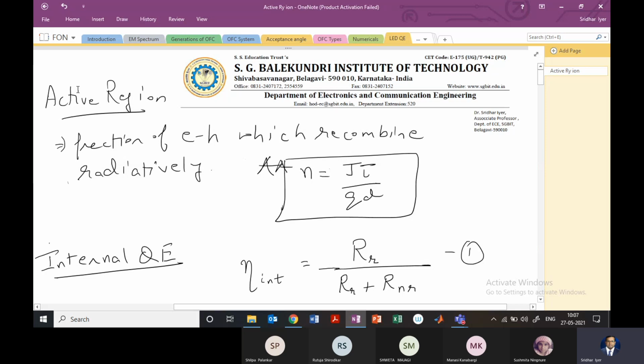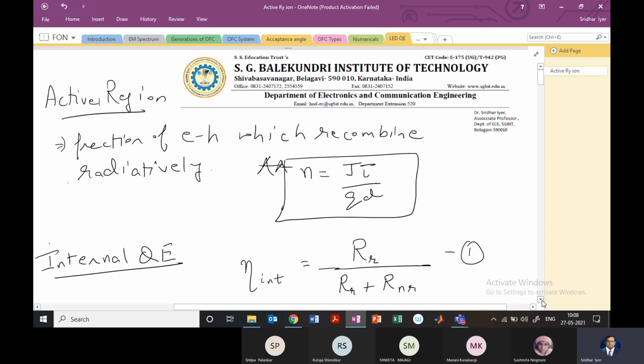So good morning, students. Let's proceed with the LED part which we discussed yesterday, and if time permits, we'll start discussing the laser today. So we have already discussed the advantages and disadvantages of LED, the types of LED, and then we discussed the valence band and the conduction band and the operation of the LED through the absorption and spontaneous emission process.